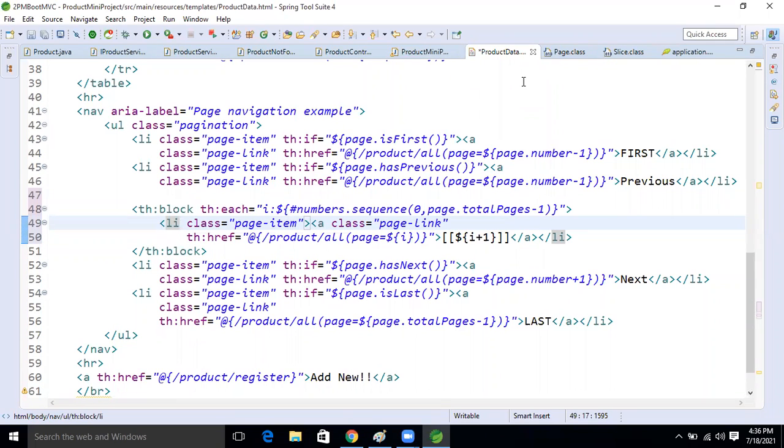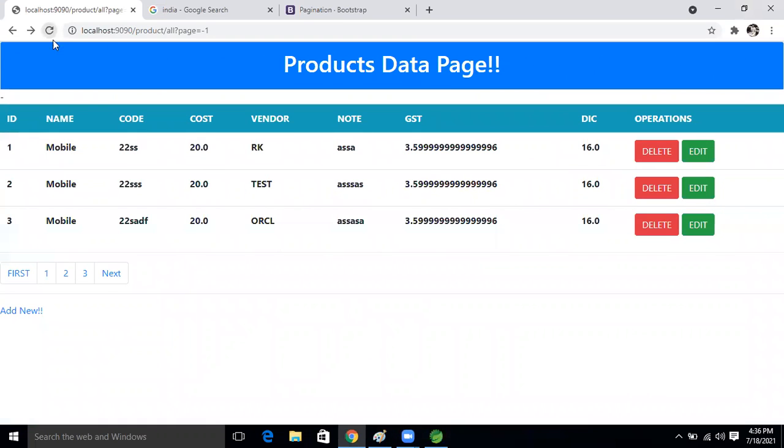Yes, this one. Not very good. Yeah, next, previous. So here, what is our expectation now, guys?